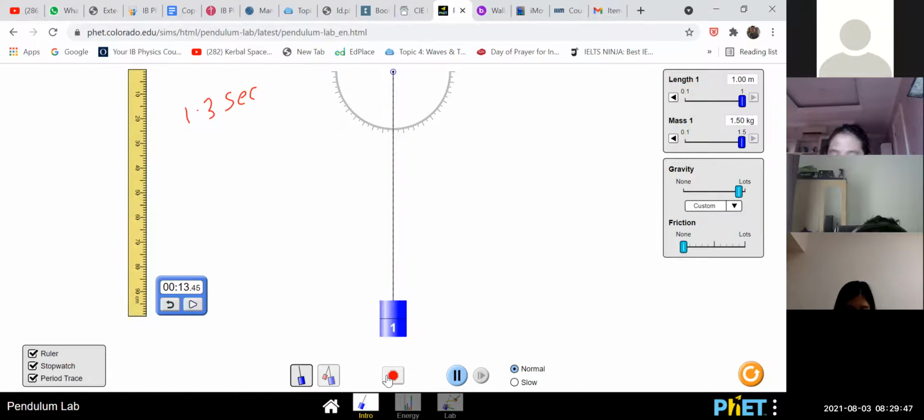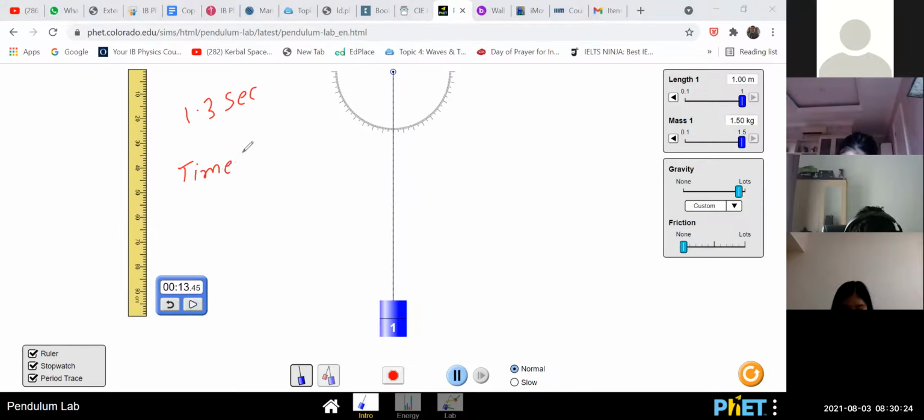So from this experiment, children, when science was developing, the scientists were performing experiments. They performed the experiment a number of times, and after that they finally gave a final conclusion. The same thing applies to the simple pendulum: this experiment was also performed many times, and finally it was concluded that